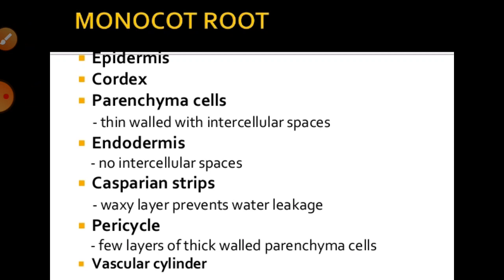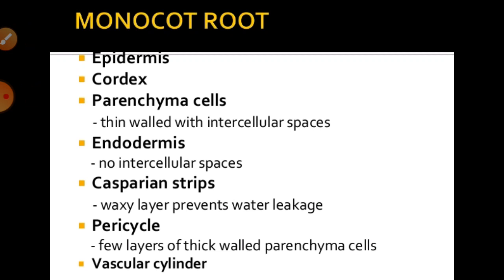Suppose we talk about the tissue organization of the root system. The root and the leaves can be studied in different ways, means if we get the transverse sections of these, we can easily understand their structures and their different parts. If we talk about details, you can see all the headings which are necessary for the monocot root study.